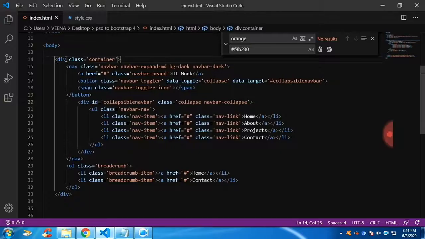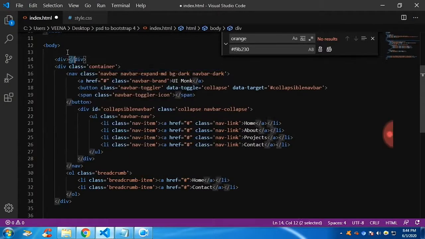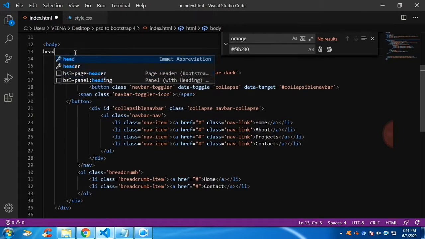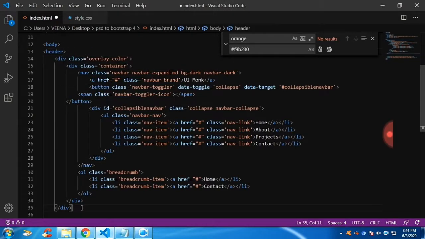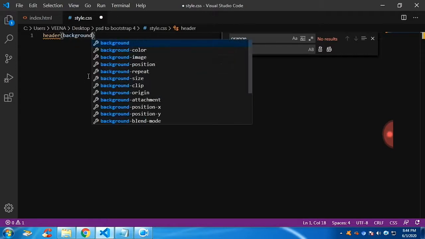Now you can see there is the background color black with some opacity. So let's surround it again with a div. Let's give the class as overlay color, and again we have the images. We will surround it, we will place it into the header tag. So the very first thing we are going to do is give the background image to the main parent.